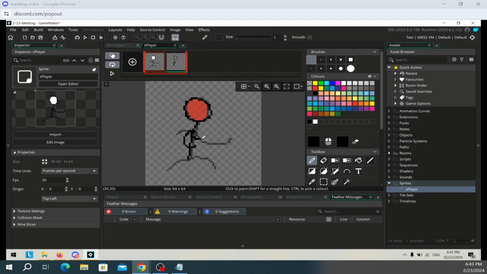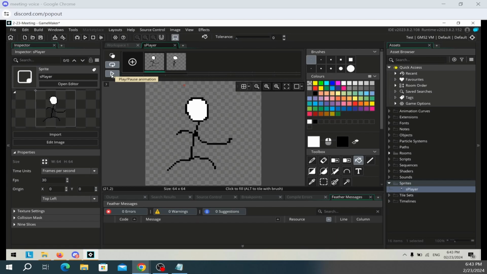And we'll just do like a mid sprint. And I'll need to paint bucket little entry. So yeah, now it kind of looks like he's running a little bit. And now the default is 30 frames per second. So with only 2 frames shown 15 times each, it's going to look a little